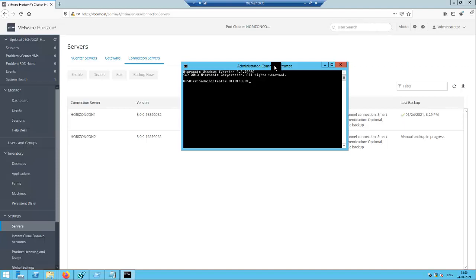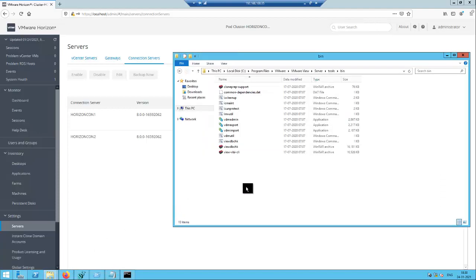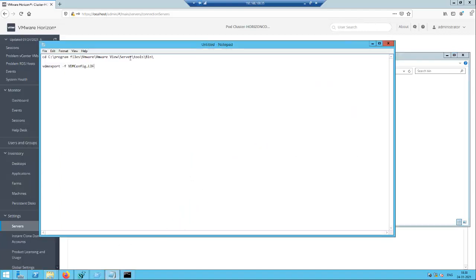If anything goes wrong, we can use this method to export the ADAM database, and then once we reinstall the connection server we can re-import it. This is the location to export and import the ADAM database. This is a utility we can use. I already typed the command in the notepad, so I am going to execute this command in the command prompt.